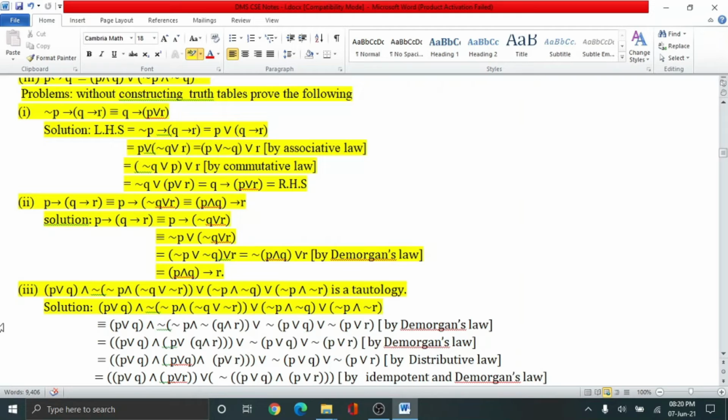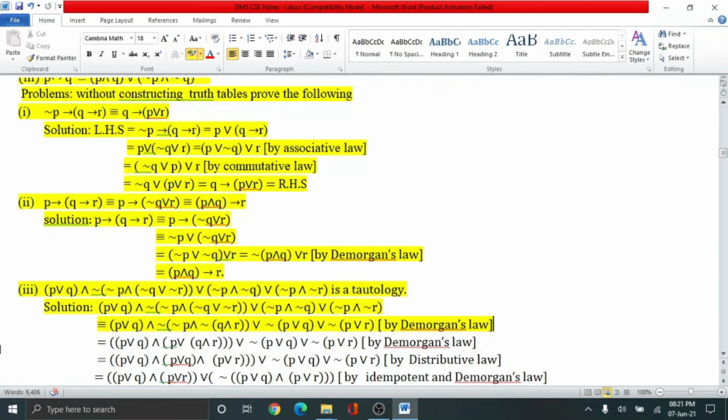remove the negations with the help of De Morgan's law, and that can be done in this step 2. That is given with the help of De Morgan's law. We can replace that as P disjunction Q conjunction negation of negation P conjunction negation of Q conjunction R. So here we apply the De Morgan's law. Disjunction negation of P disjunction Q disjunction negation of P disjunction R.